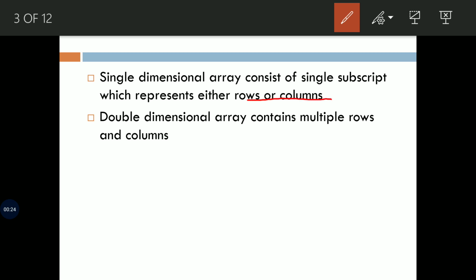Sometimes it is necessary to organize data in tabular form or in matrix form with distinct locations by rows and columns. Here, horizontal lines are referred to as rows and vertical lines are referred to as columns. Double dimensional array consists of multiple rows and columns. In Java, in a two-dimensional array, data is stored in rows and columns, and we can access the records using both the row index and column index. If the data is linear, we can use a double dimensional array.